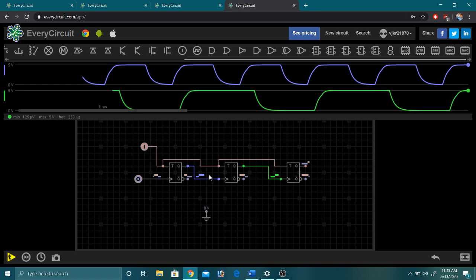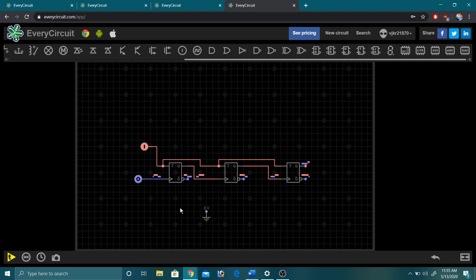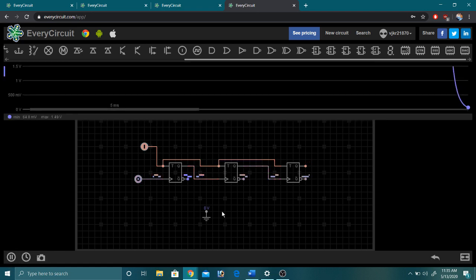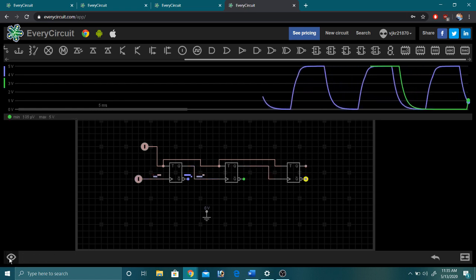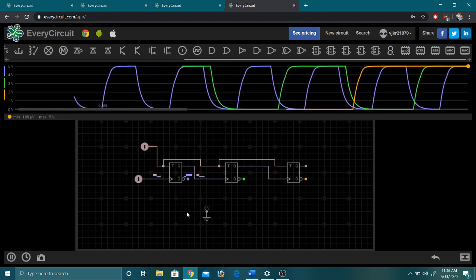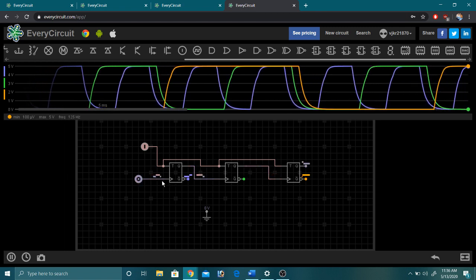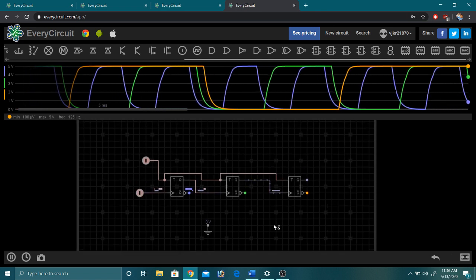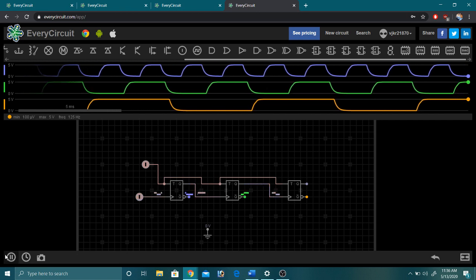Or the workaround what we can do is, instead of observing the output on Q, we'll observe the output on Q bar. Okay, like I said, this is a workaround for getting output from 0 0 0 till 1 1 1, because T flip-flops are often worked with negative clock, but we are using a positive clock here. Okay, so these are our waveforms. Let's try to analyze.